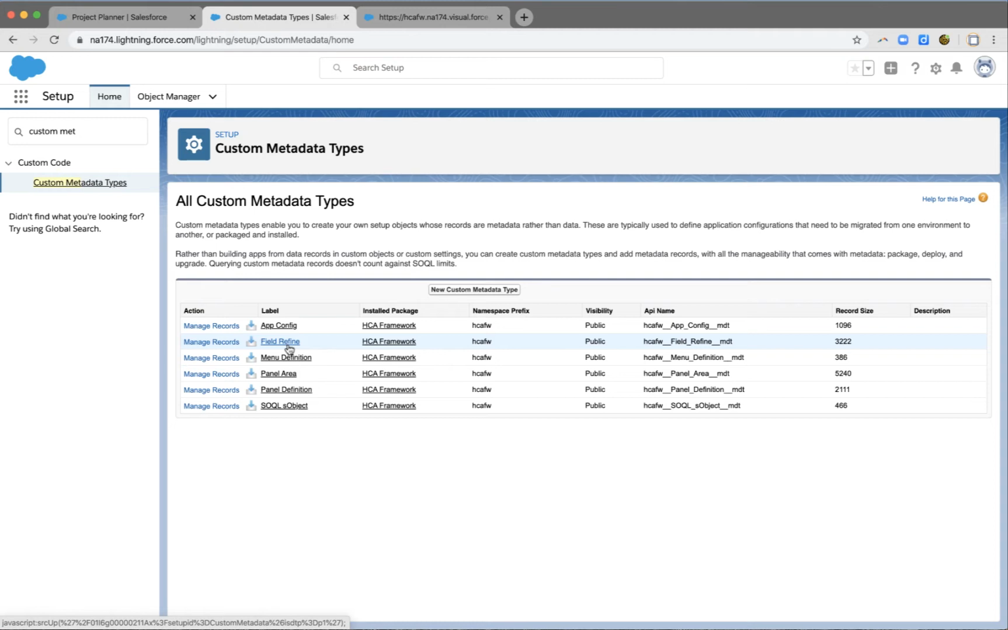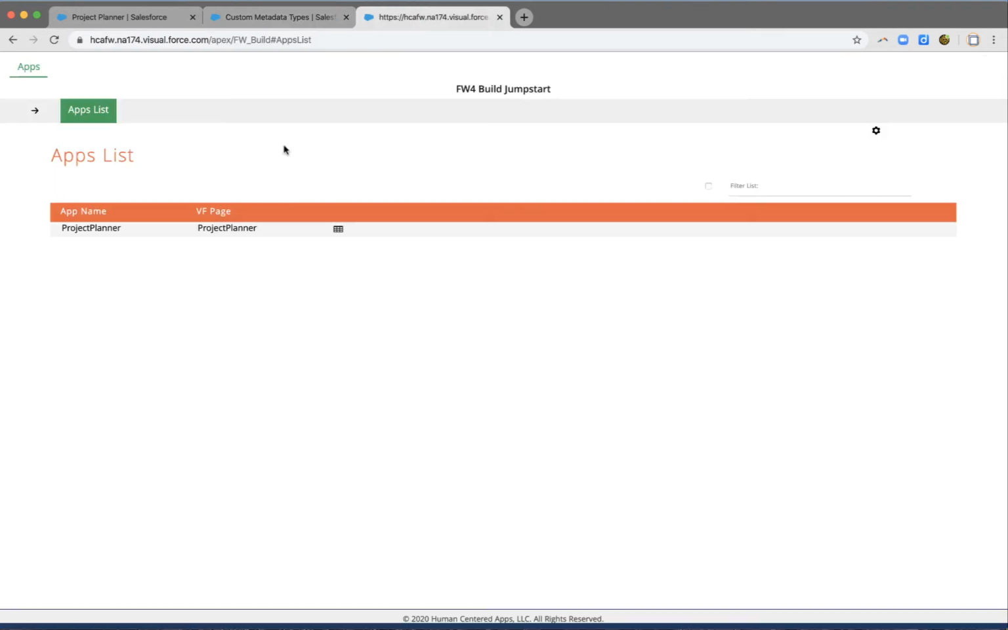So field refine is where I spend as a builder most of my time in just sort of getting all those little nuanced details right. And then app config is very rarely touched. So now